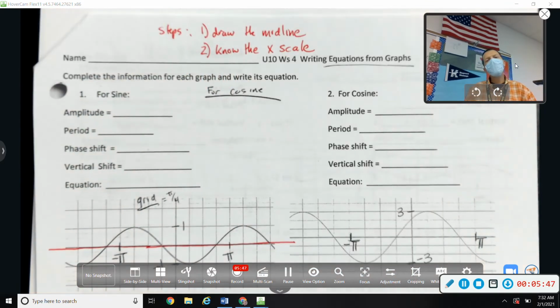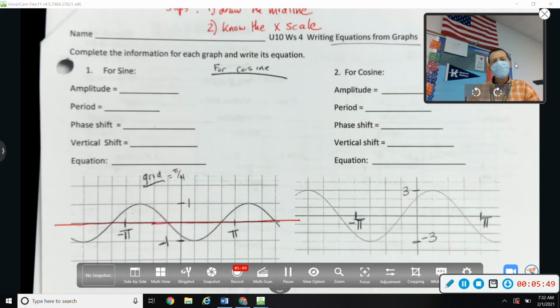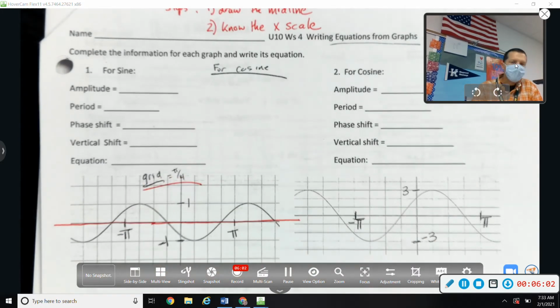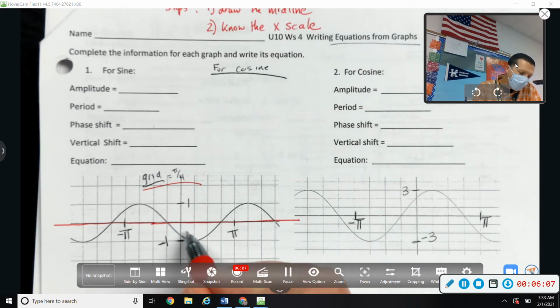And then secondly, know the X scale. Sometimes it's easy to figure out what the period is. Other times it's more about counting the blocks. But you've got to know what the scale is or what the grid is. And I already did that for this one because I was working on my own trying to figure this one out. And it's like, well, let me figure out each grid is worth